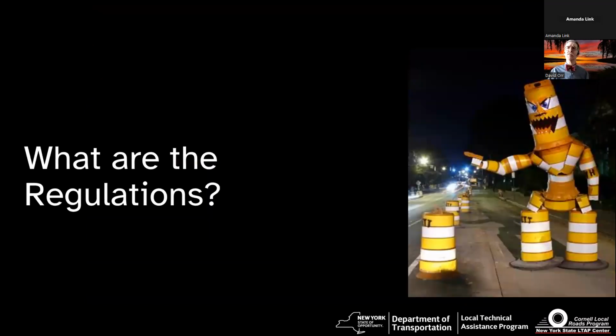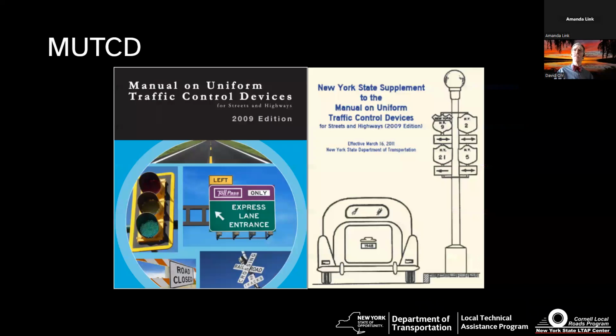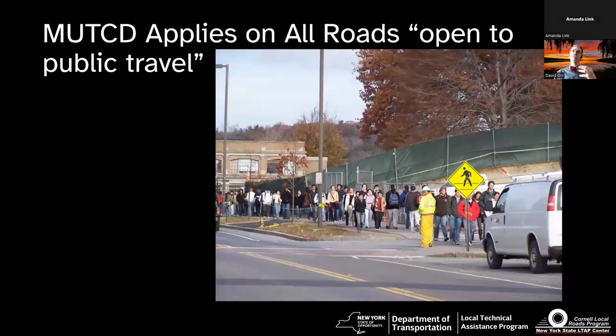Now, what are the regulations? Well, they come from the Manual of Uniform Traffic Control Devices. I've heard it called MUTCD and MUCTD and all kinds of different names, but essentially it's a sign manual. It's also got signals and markings and stuff. And of course, in New York State, we also have a supplement to the national MUTCD, and we could have a whole session. In fact, we've had a whole session on signs talking about that, but work zones do come from that. New York State does apply some additional things at the DOT that are followed by local agencies, but the idea is that the standards apply to all roads.